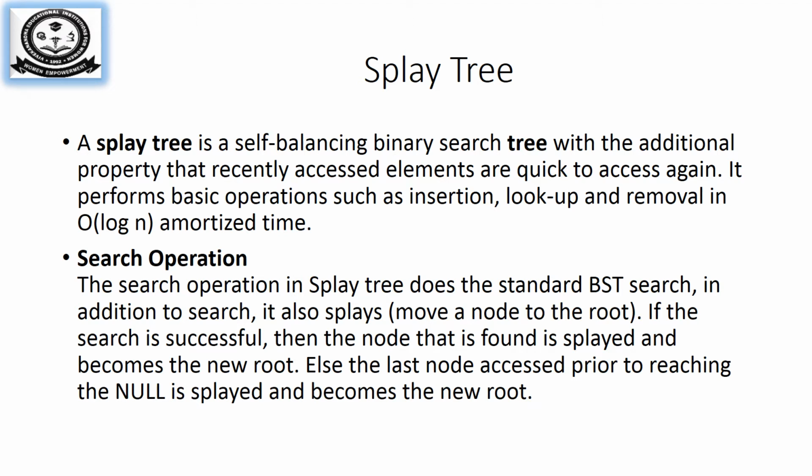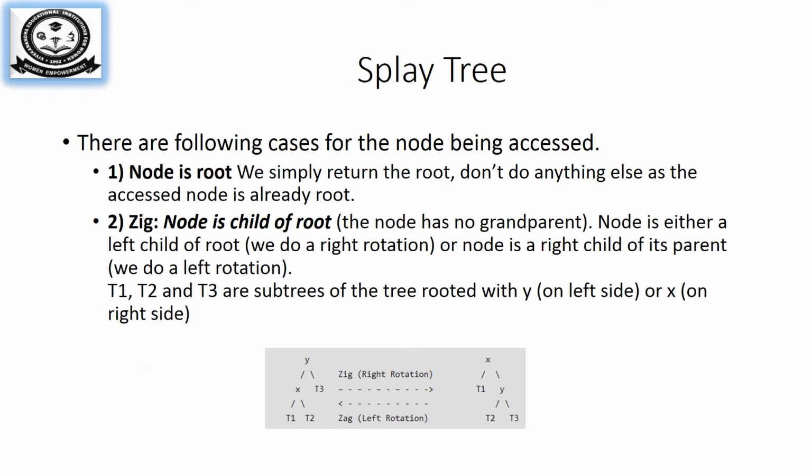That is the major advantage of using a splay tree. The search operation for the splay tree is similar to the standard binary search tree. The only thing is, when you want to access a particular node, or delete a particular node, that node will be moved to the root node of the splay tree. So what are the accessing cases for a node? If your accessing node is the root node, we do not perform any rotation. We will simply access the node.